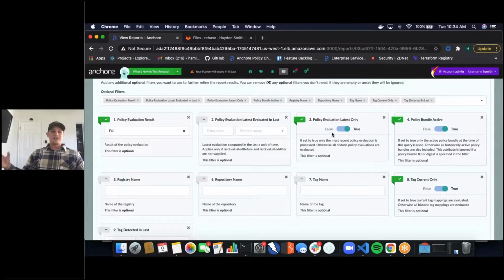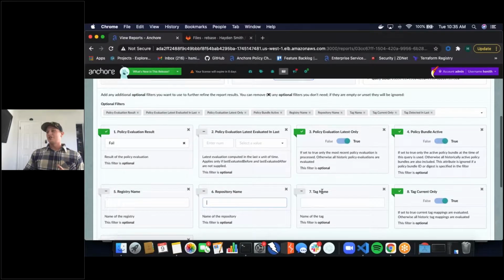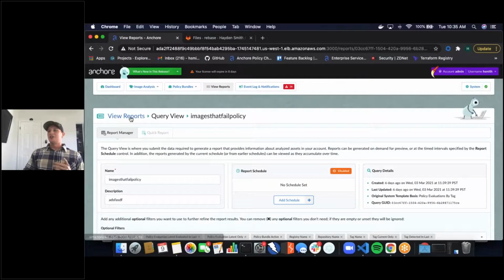But we understand these are large enterprises, right? So you may not want to just get every image that's ever failed a policy. You may want to filter this on a specific repo, say our GitLab repo we were just working out of, a specific registry, or a specific tag. So really extending this policy and CVE evaluation, not just during that build phase, but providing that reach to go a little bit deeper into the